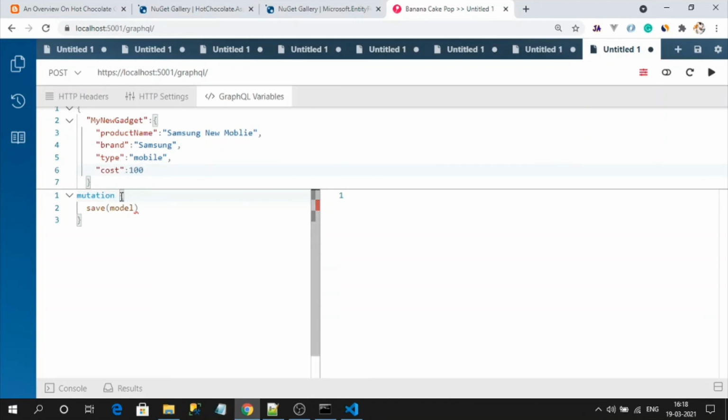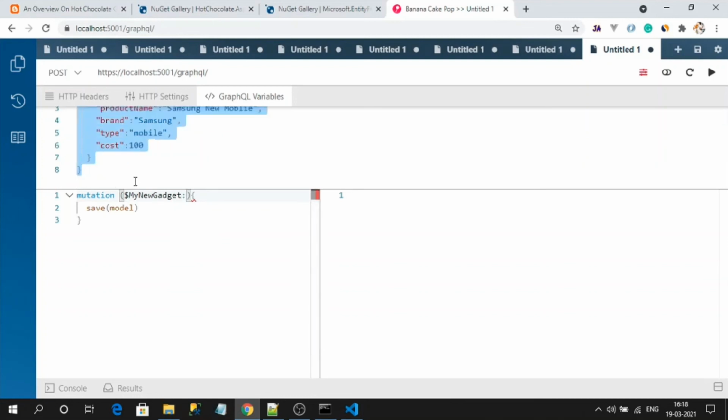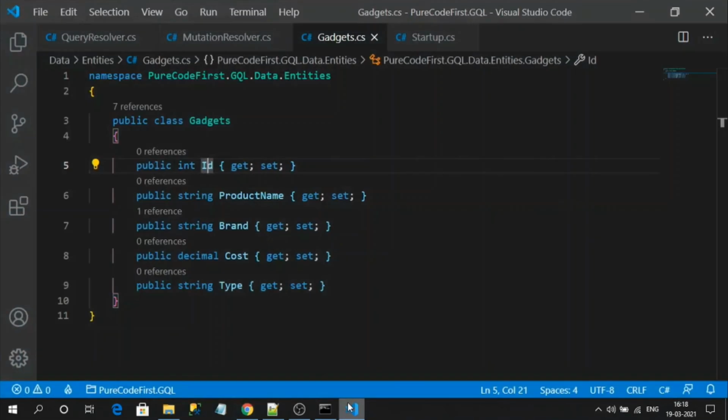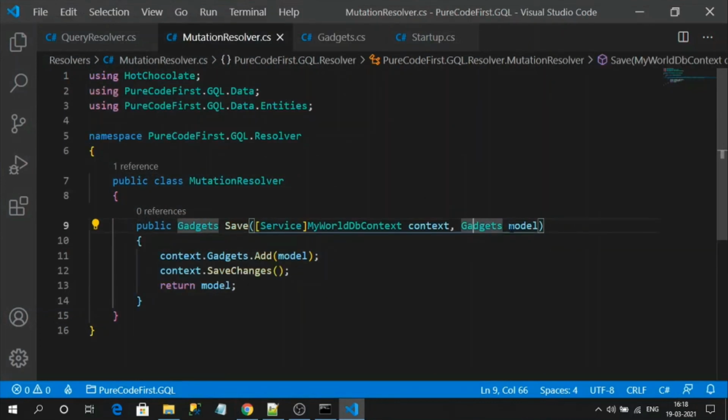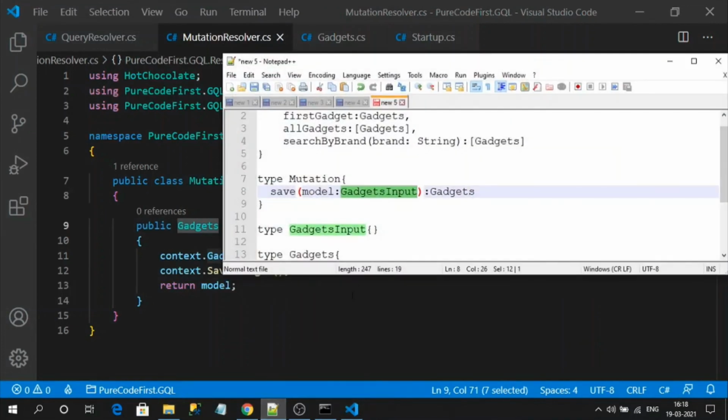So let's define our GraphQL variable with a dollar sign, and my new gadget is my dollar sign variable. So what is this type? This is nothing but the payload we are passing. The variable name will be passed here, right? So gadgets, but in GraphQL what will it define? Gadgets type input, gadgets input.